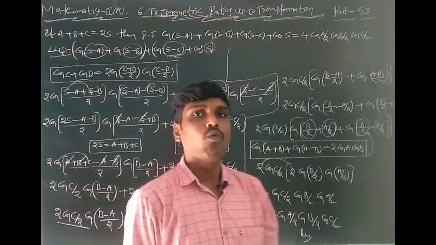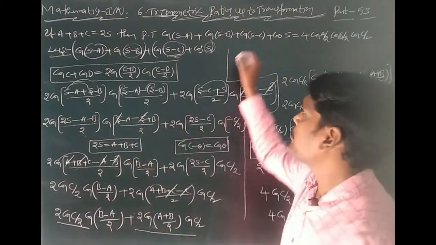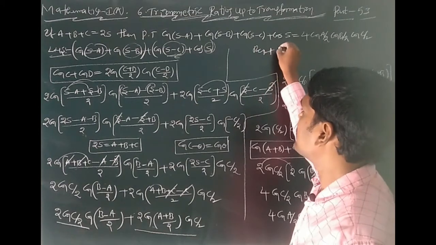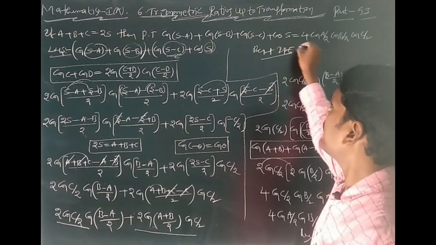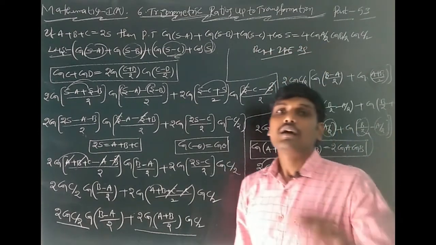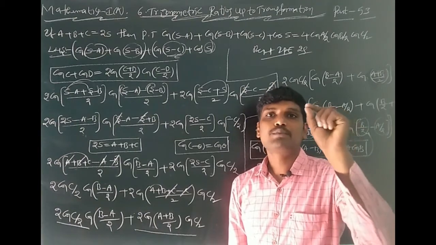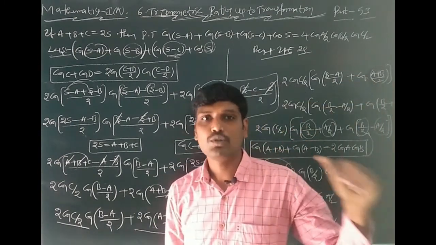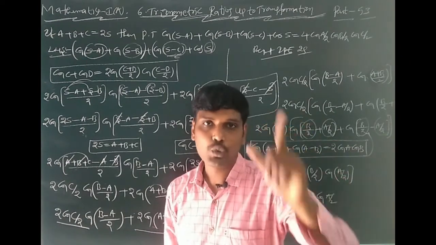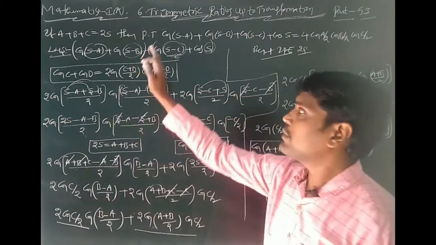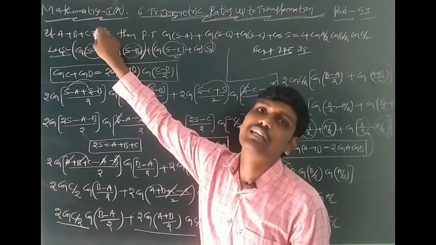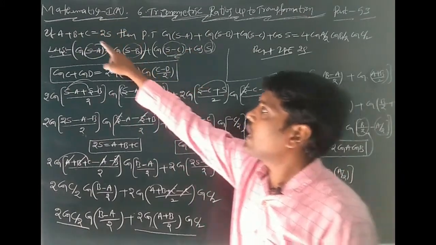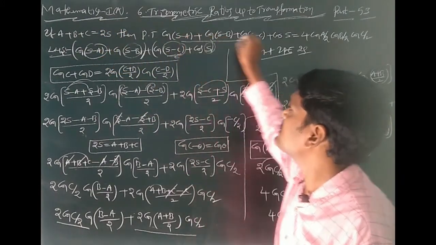This problem I will explain once again, this is a repeated problem in IPE examination. The repeated problem in two years, except the A plus B plus C equal to 180 degrees model problem, must and should come in the A plus B plus C equal to 2S model problem. That is first preference. You get this problem. Once I explain, A plus B plus C equal to 2S.